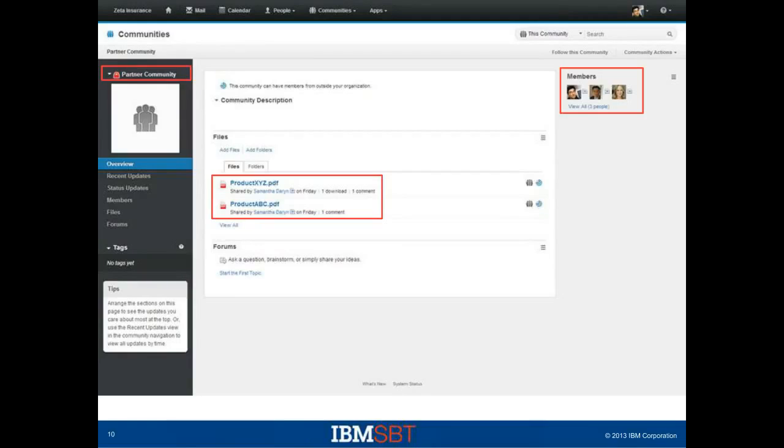So here is the relatively empty SmartCloud community. In the upper left corner, you can see that it's my Zeta Insurance organization. I'm using my own organization on the SmartCloud test environment called C1. I've created a restricted community called Partner Community, and only the three people in the right column have access to